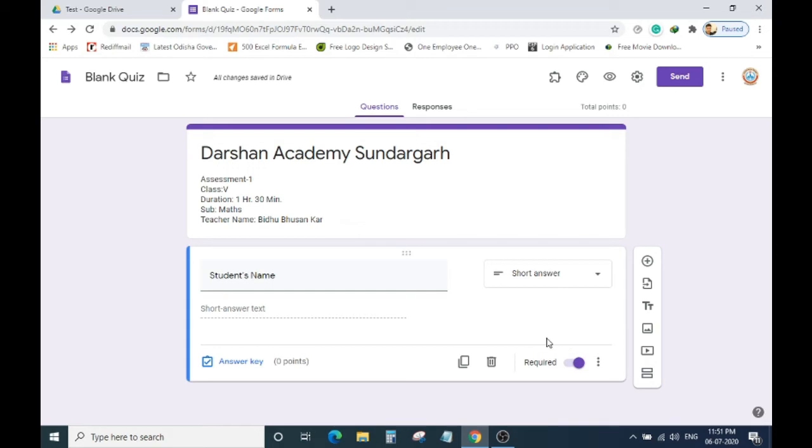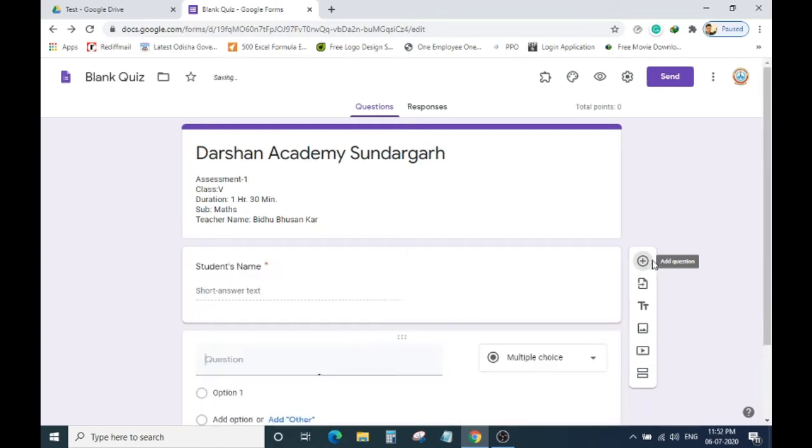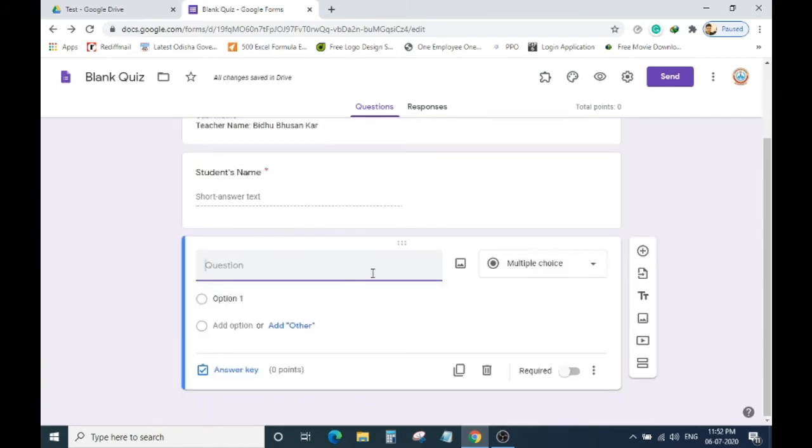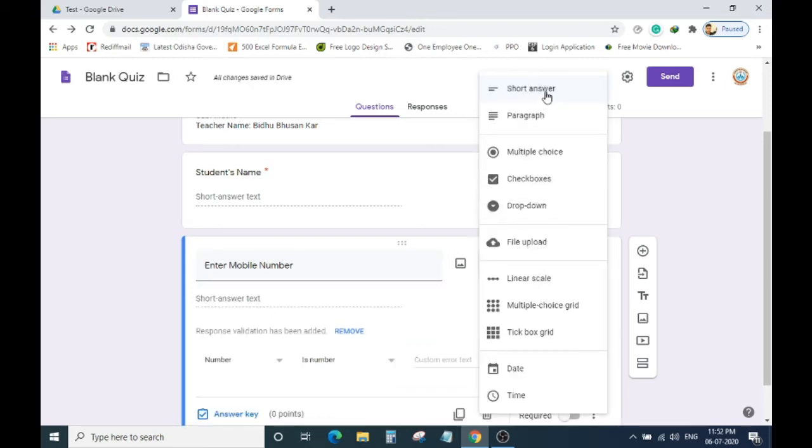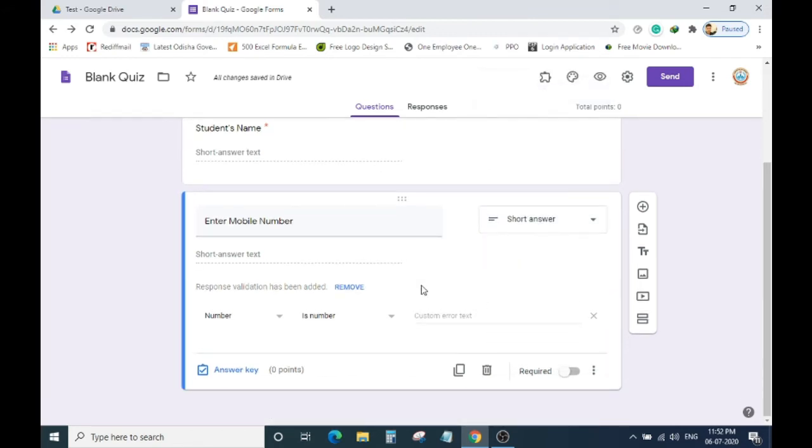Next, you can copy these, or you can simply add questions. Next is enter mobile number. Here you choose short answer. See, this option will come.